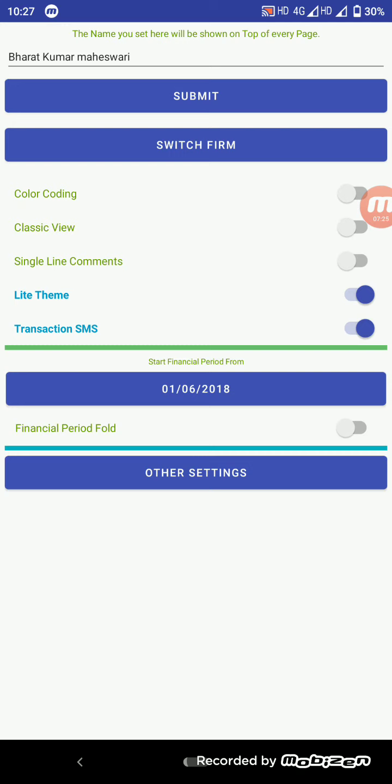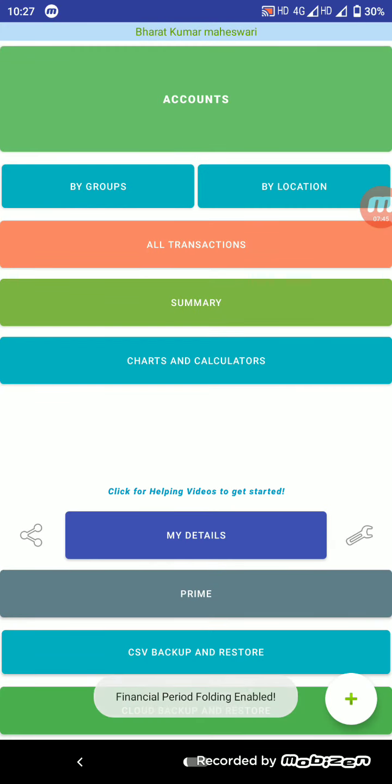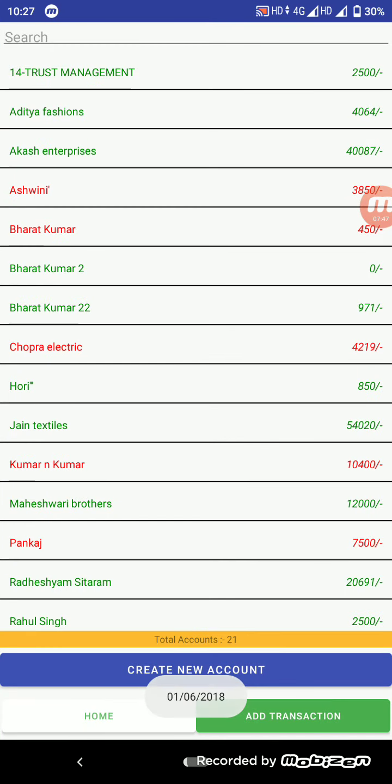For that, I just need to set a date from which I need to see the transactions, and before that date all the transactions will be hidden and only the closing balance will be used. After that, I need to switch on this option, financial period forward, and then let me go through any account.